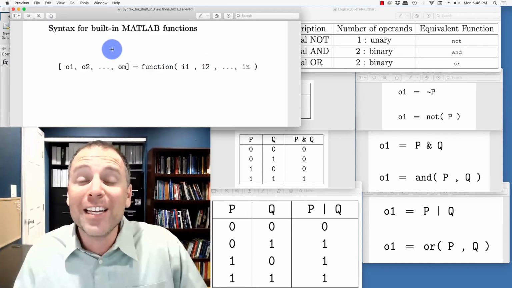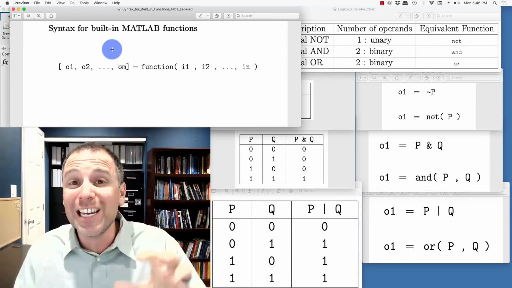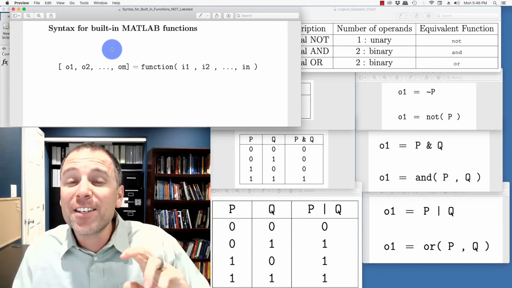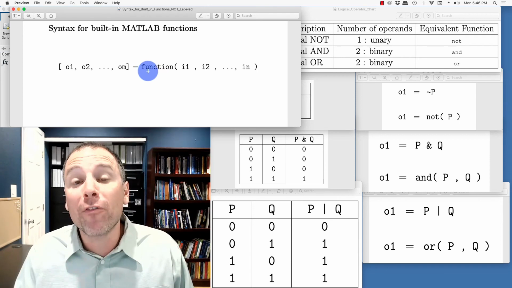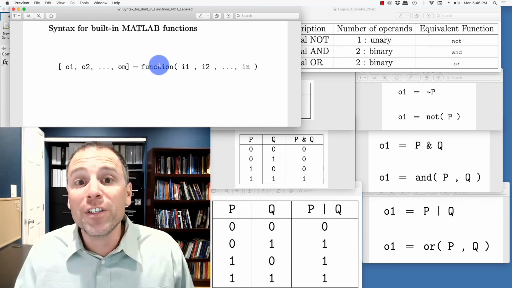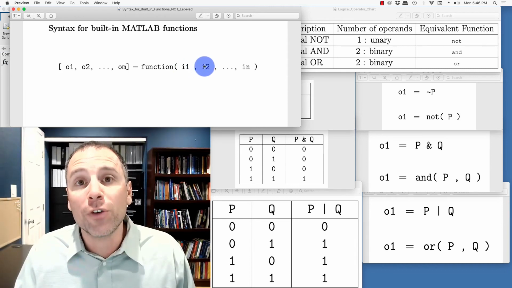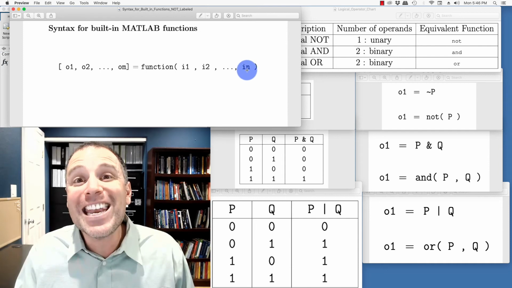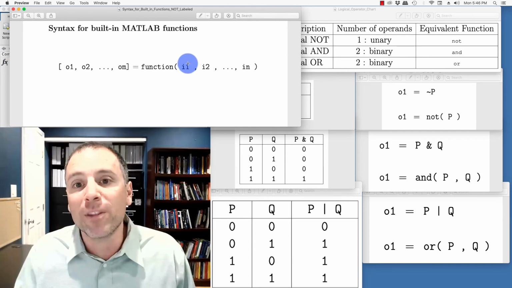The last thing we're going to end on is a discussion of syntax of MATLAB functions. This goes back to a previous video where we talked about using built-in functions. We're going to add some nuance to that syntax. Every time we call a predefined function in MATLAB, the first letter of that function is lowercase. The function itself is defined by a predefined name. Then we use a left parenthesis and right parenthesis, and we put a number of inputs. In this case, I1 stands for input 1, I2 stands for input 2, and perhaps we say that we have n inputs. Some of these might be actual arrays, and some of them might be known as parameters, but the fact of the matter is we can put up to n inputs in general.